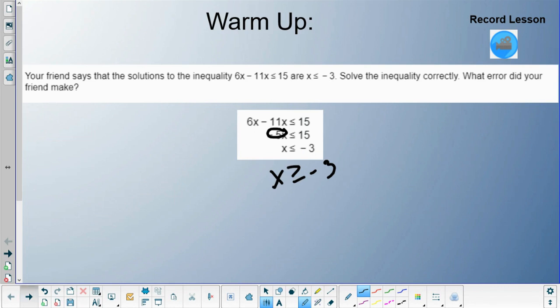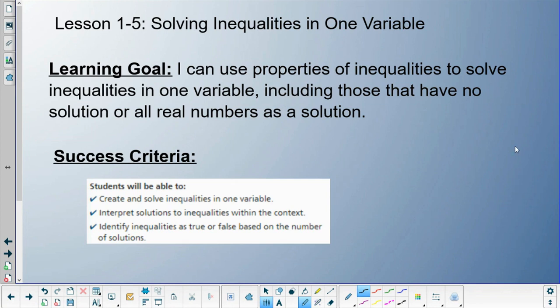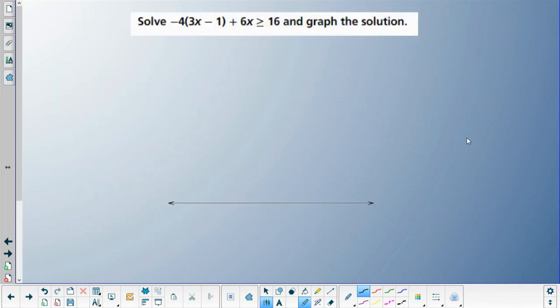All right, so today we are still going to be solving inequalities in one variable, but like I said, we're going to be focusing on the real life context, those real world problems, not just solving them. But I do want to review real quick how to solve and graph the solutions of inequalities. So in this one here, it is a multi-step inequality. So we need to follow the same steps that we would for a normal equation,